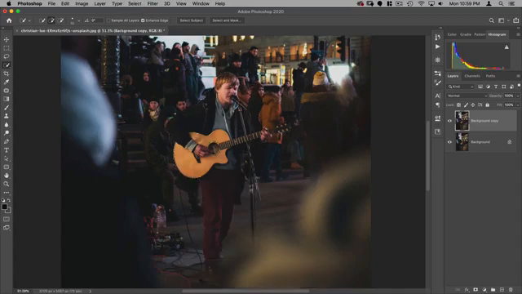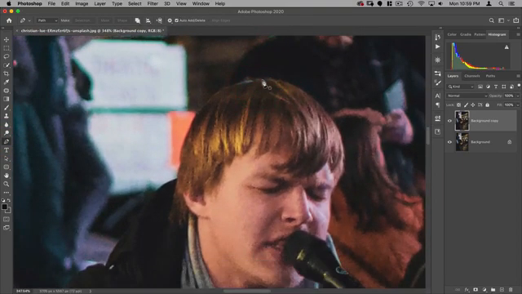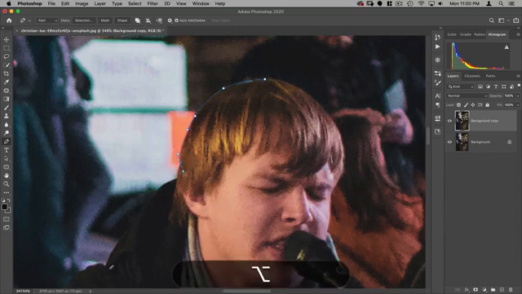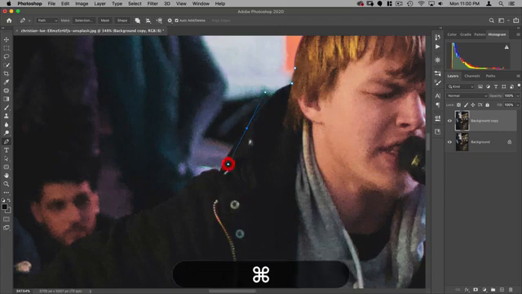To do that, I'm going to use the pen tool and basically draw a large vector all around him. I'm going to click and drag, and that handle is going to determine the curve of my line. To cut off a handle, I can hold down Option and click on the anchor point. If I click without dragging, it'll make a straight line. If I click and drag, it'll make a curve. And that is essentially how the pen tool works.